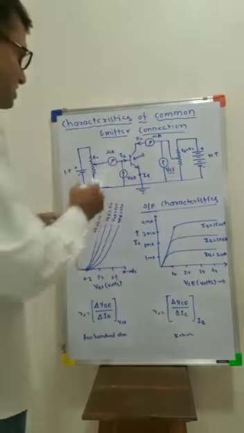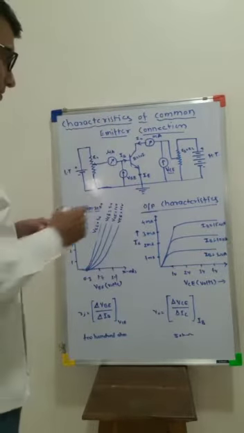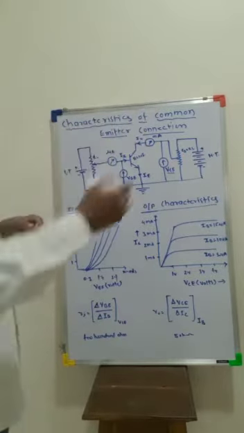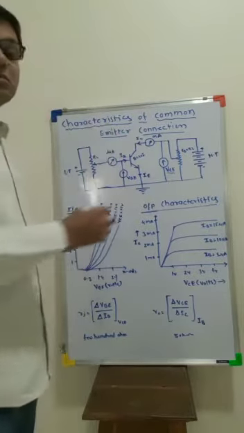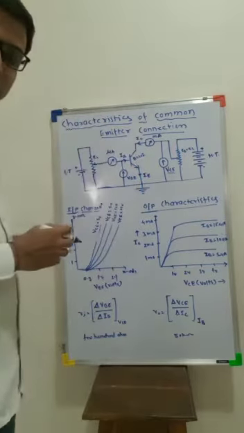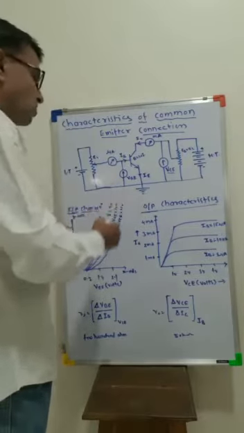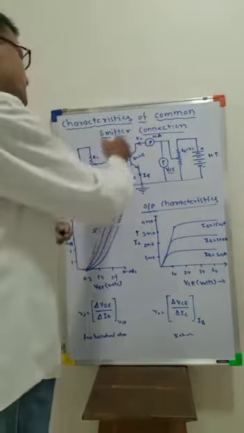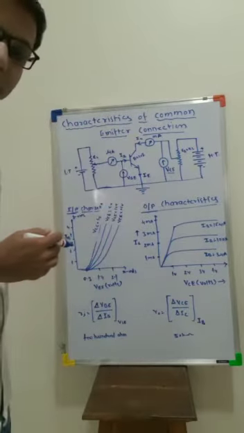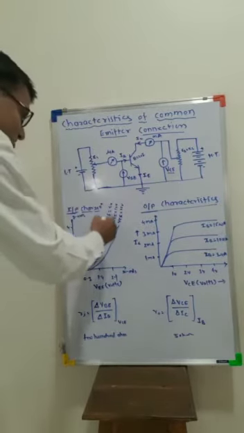Then in this situation, change VB and note down the IB, while the output voltage remains constant. Second, similarly for another voltage, VC remains constant at 5 volt. Then change the input voltage and note down the input current. Again similarly, change VC, the output voltage remaining constant, say 10 volt, 15 volt. Similarly in the input section, change the input voltage and note down the input current. All points are plotted on a graph, and the graph looks like this.